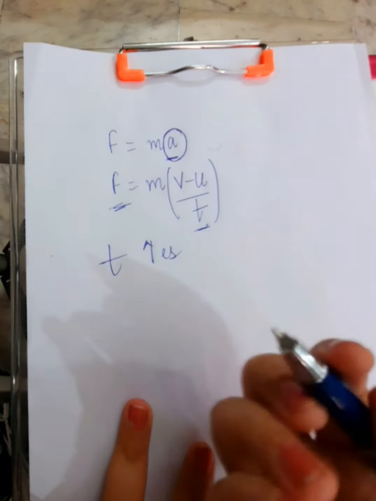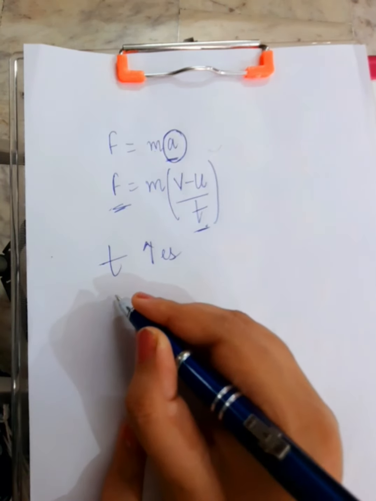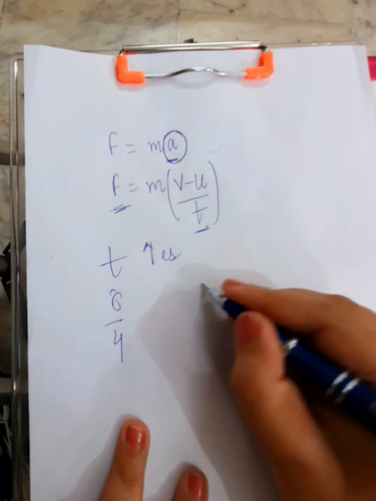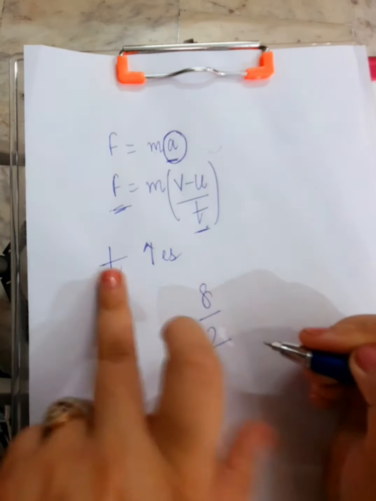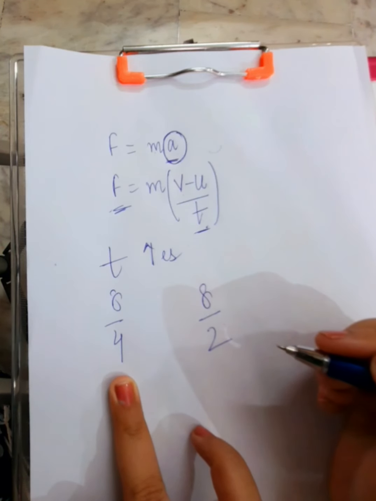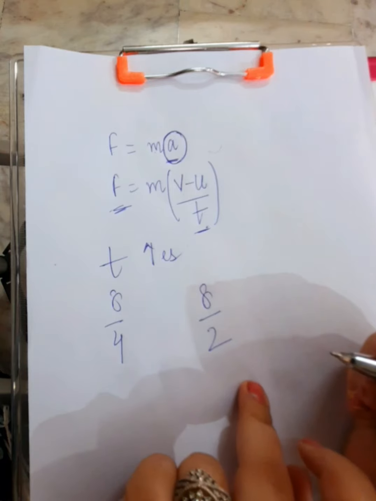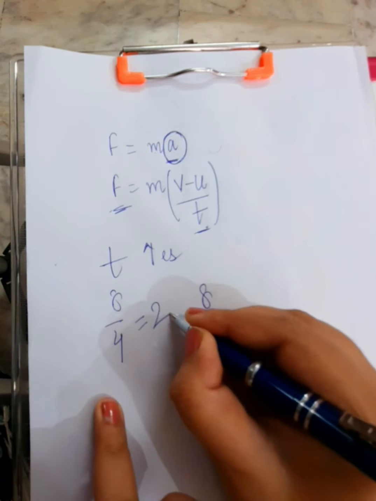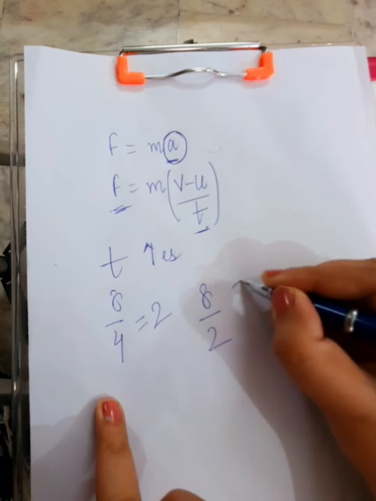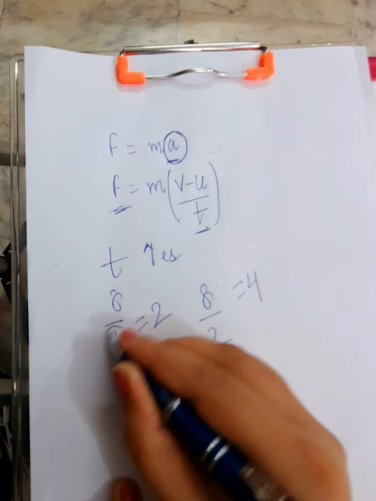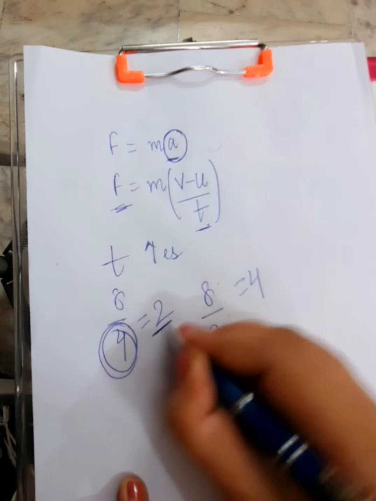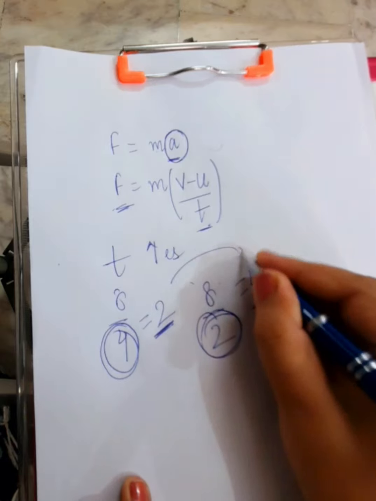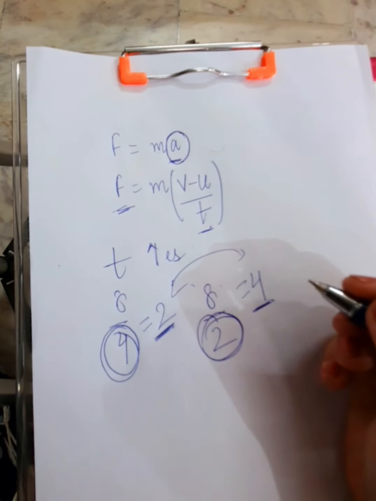So I'll give you an example here. You have here 8 divided by 4 and 8 divided by 2. The same number is once getting divided by 4 and the other time it is getting divided by 2. 8 divided by 4 is going to give you 2. 8 divided by 2 is going to give you 4. So more the denominator, lesser the result. Lesser the denominator, more the result. Of course, you can make a comparison between the two results.